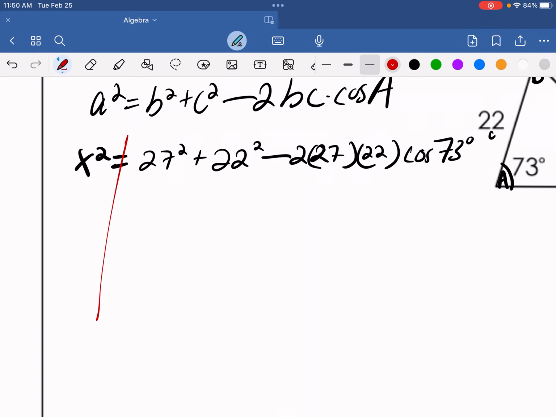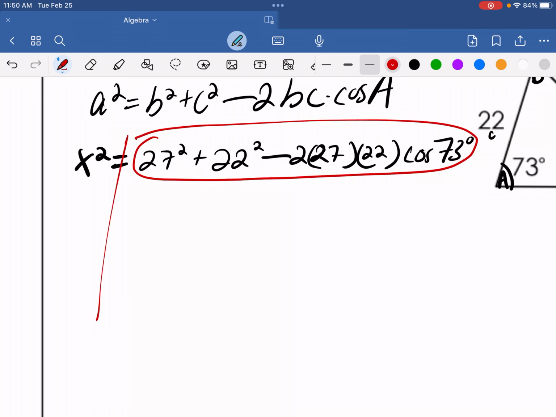The nice thing about this problem is x is already by itself on the right. So this is a number. A number times a number plus a number times a number minus a number times a number times a number. Cosine 73 is just a number. All of these are numbers. So it means if you plug it into the calculator, it's fine. There is no x on that side. There's no y. There's no variable. So you can just plug all of this into the calculator and get one number instead of all of those. So I'm going to type 27 squared plus 22 squared minus 2 times 27 times 22 times cosine 73. Literally all of it. And it says x squared equals